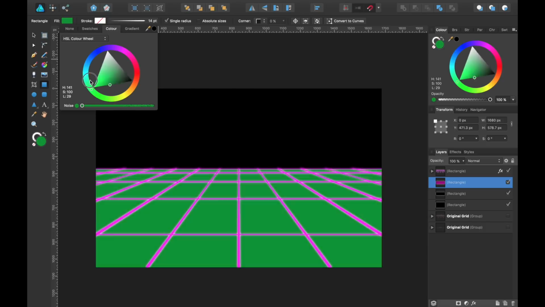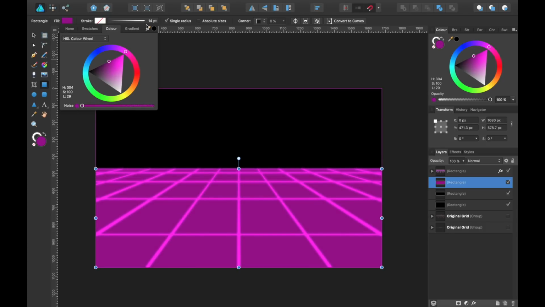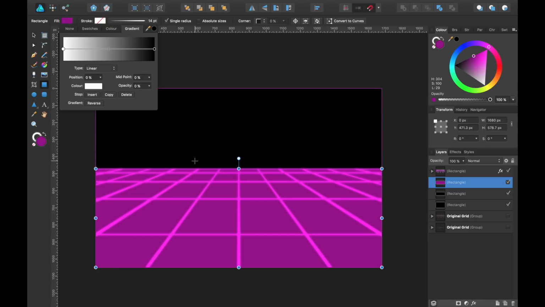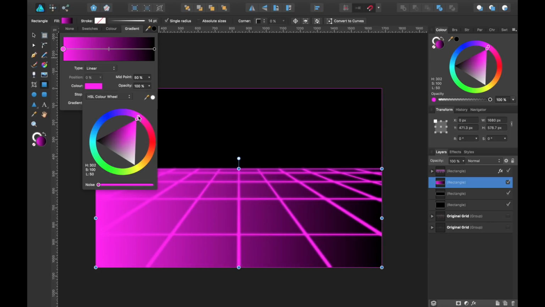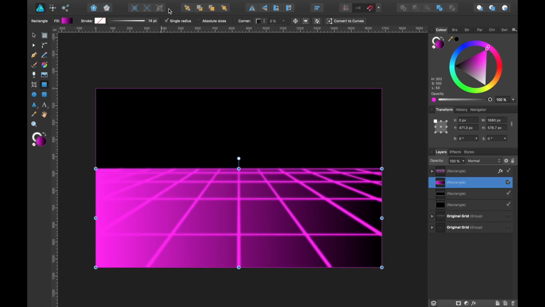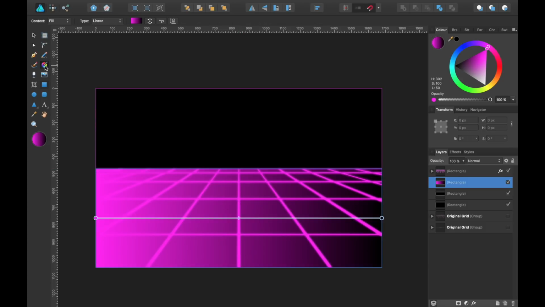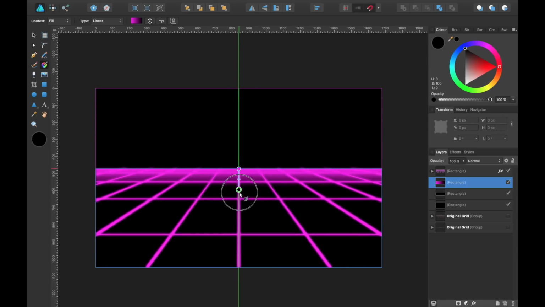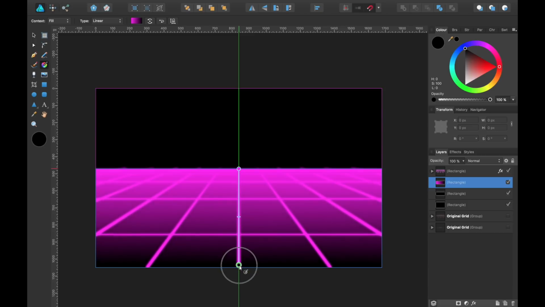So you can have any color you want in here, but I like to use a gradient tool as in the distance I want it to be changing from pink to black. So we've got black here already. Let's go over to this white color and change it to pink. Just like that. Okay, so I want the gradient to be going from up here to down here. So we're going to go to the fill tool, click that, and we are going to drag this way down.